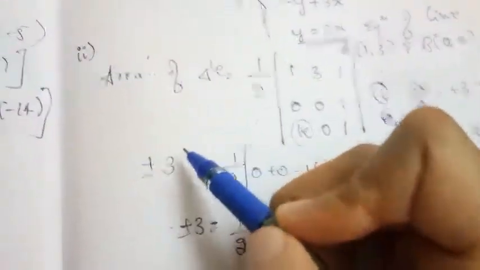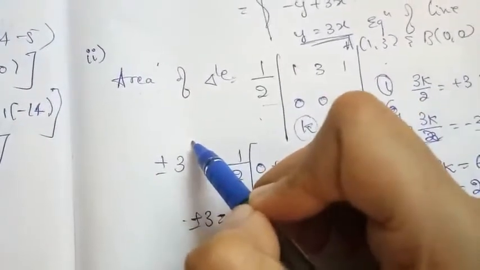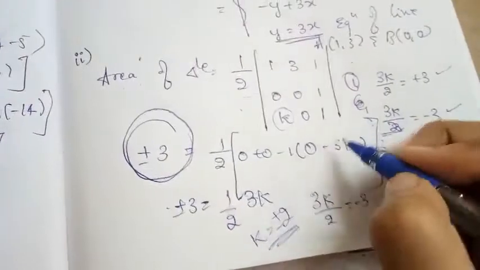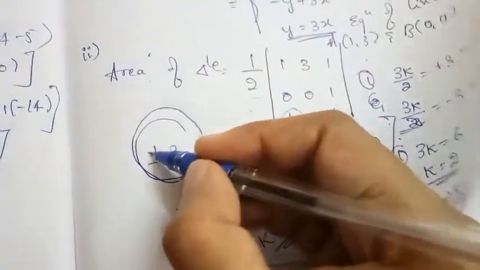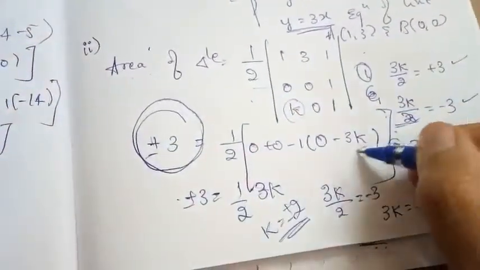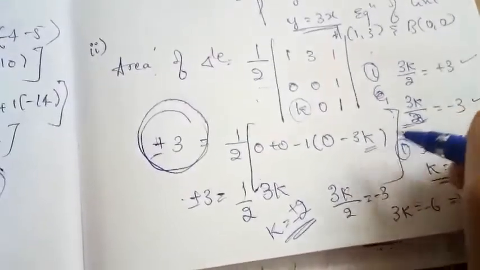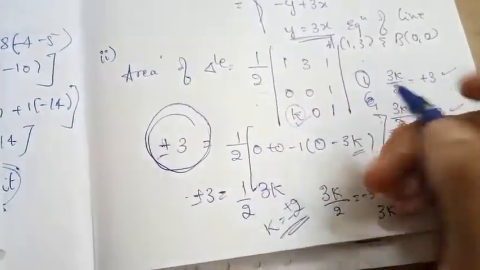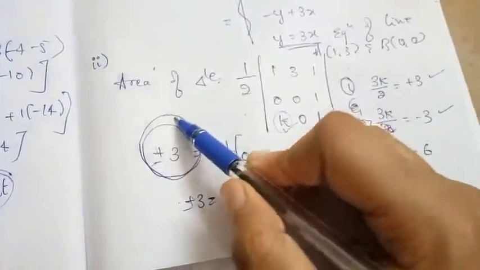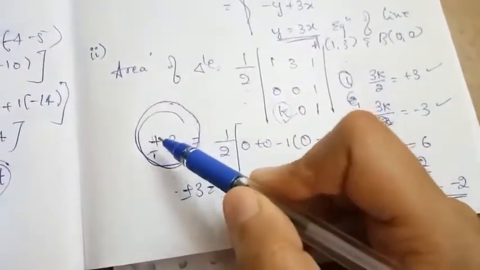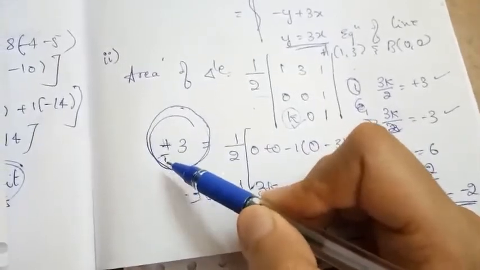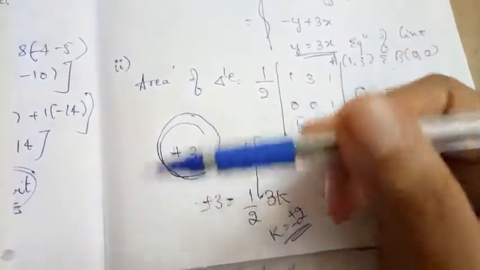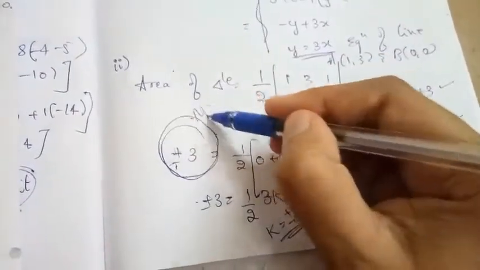So you can observe here clearly that we have taken the area of triangle as plus or minus 3, and by using the two values of the area we have found out the value of k. So remember, when we are asked to find the value of k and the area is given, we have to consider both positive and negative values of the area of the triangle. Please note this point, which is very important when it comes to MCQ questions.